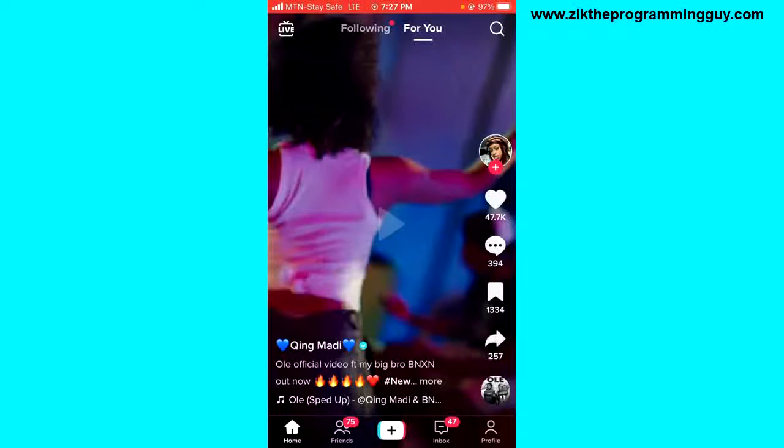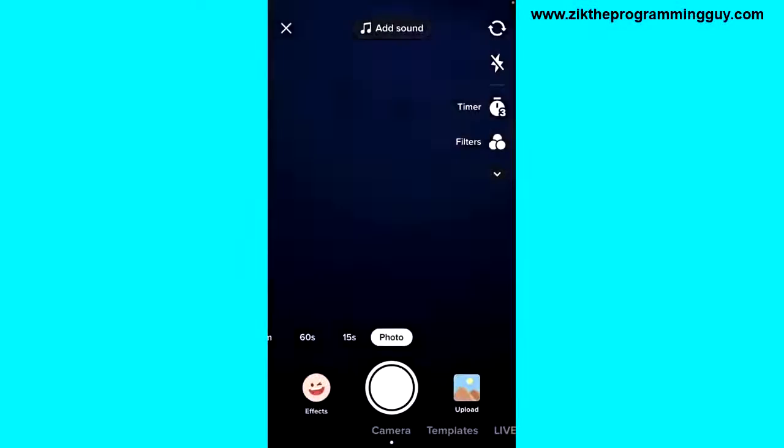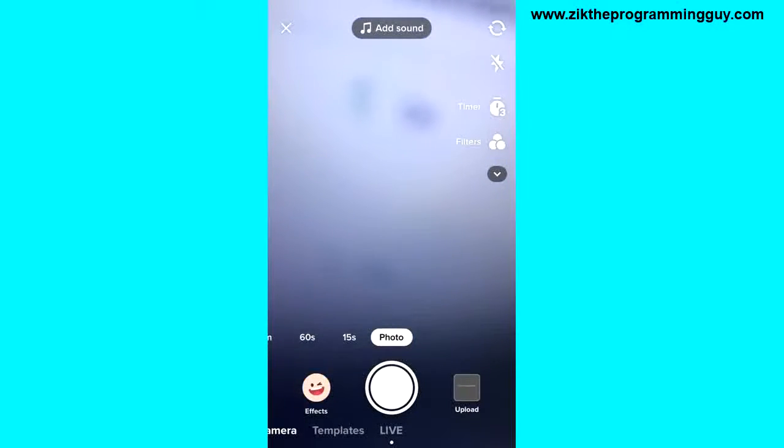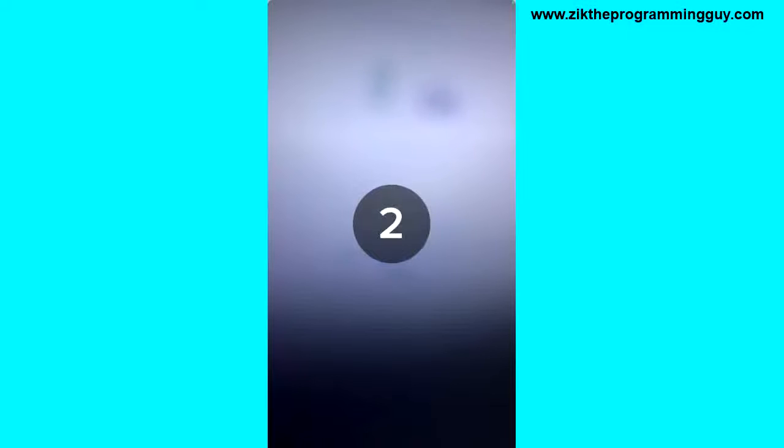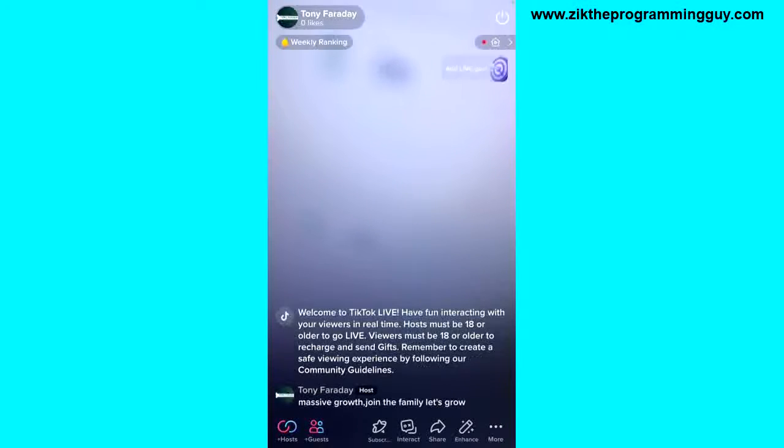The first step today guys is to open your TikTok application and then click on the plus sign at the bottom of your screen. After that, select the live option and then click on the go live button. So once you're live in 3 seconds, the next thing you have to do guys is to click on the